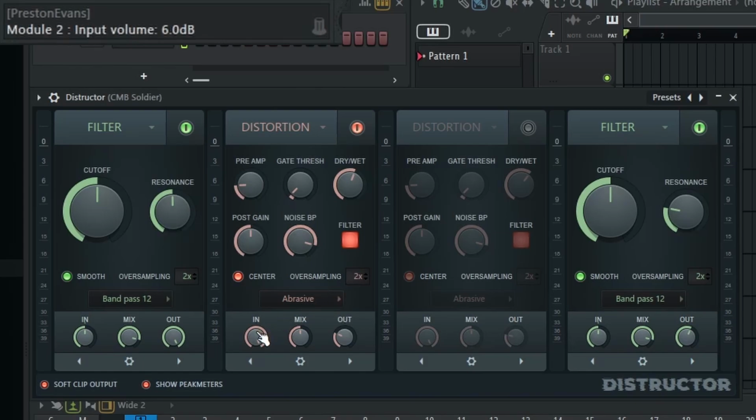You want your in to be 6 decibels or maxed out, mix set to 50%, and your out to be -5 decibels. Distortion 2 here is turned off because it is an optional setting. I'm not going to go over it as I don't usually have it on myself, but you can follow these settings here. And last but not least, the Module 4 filter is set to a cutoff of 50%, resonance of